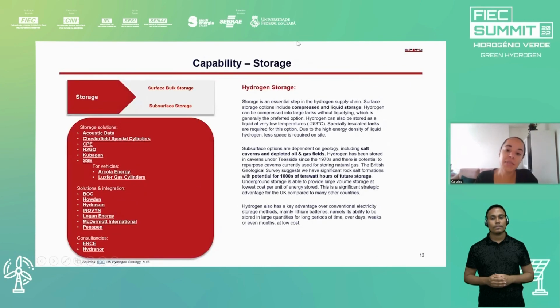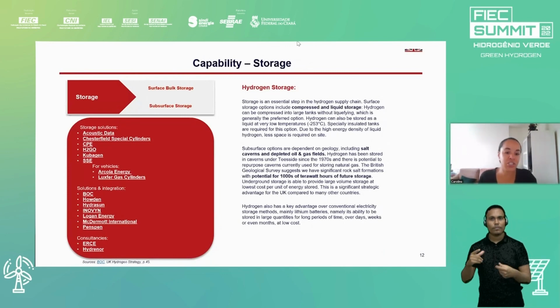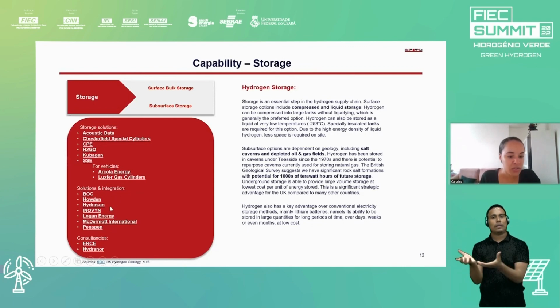Now, if we move on to the midstream segment, to storage, we have providers of storage solutions, including Chesterfield Special Cylinders. As the name reveals, they provide overground storage, and also Luxfer gas cylinders. We also have the likes of H2Go, which is an innovative startup in the hydrogen storage space. We have solutions integrators, including BOC and Innovyn, and we also have consultancies specializing specifically in hydrogen storage, such as